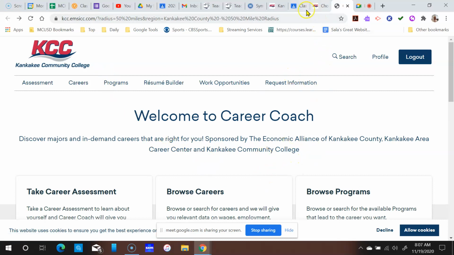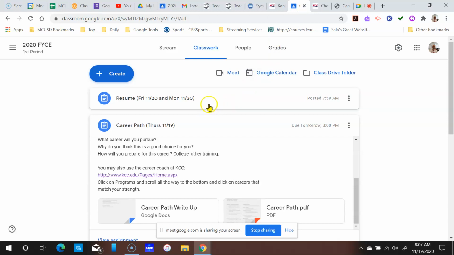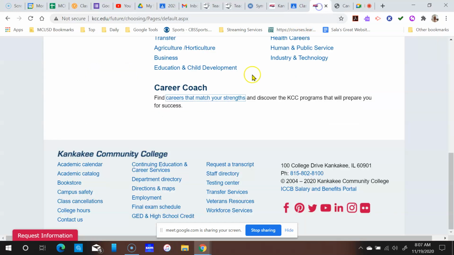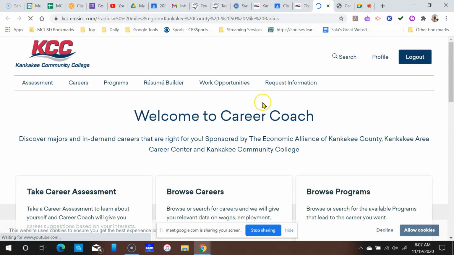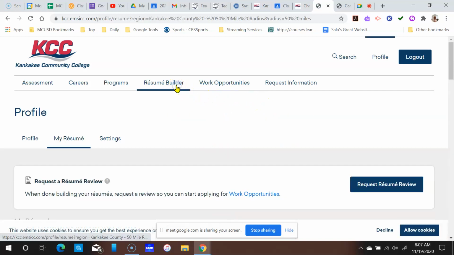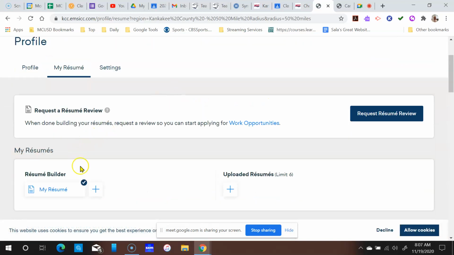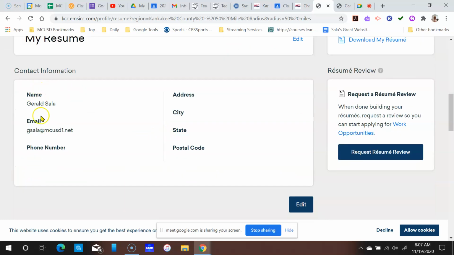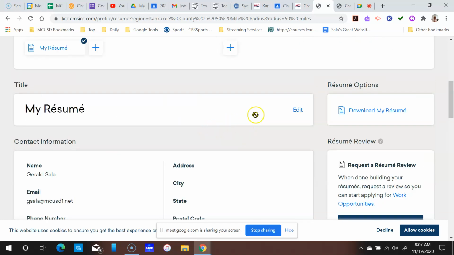Let's move on to the second assignment, which is creating your own resume. You can use one of two things. In the Career Coach section at KCC, you can click on Resume Builder and build your own resume. They're going to ask you to log in, and then you just start.